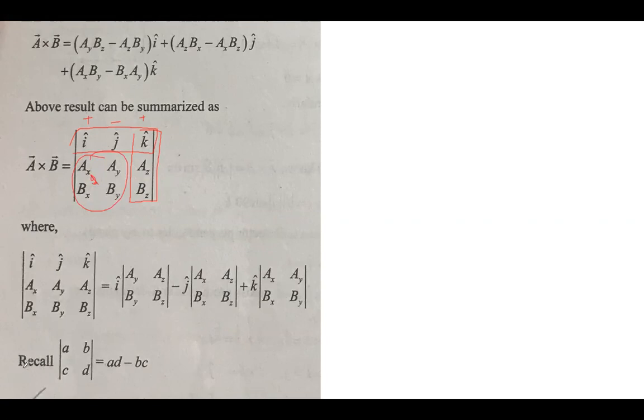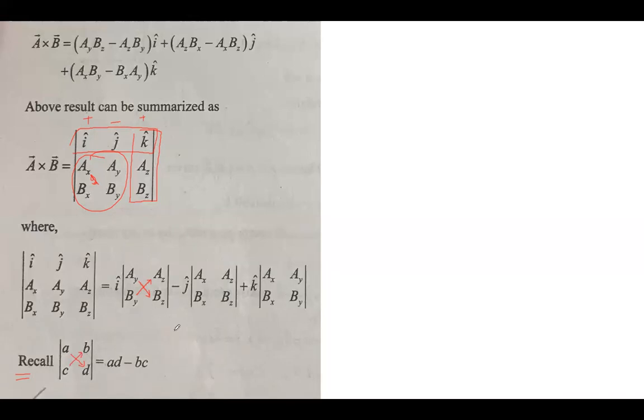Okay. So recall, we know that when you remove this determinant sign, what you do is you multiply this with this and then subtract it by the multiplication of these two. So इसको जब expand करेंगे ना, a b c d ऐसे अगर है determinant, तो ये क्या लिखते हैं, ad minus bc हम लोग इसको represent करें. ठीक है.